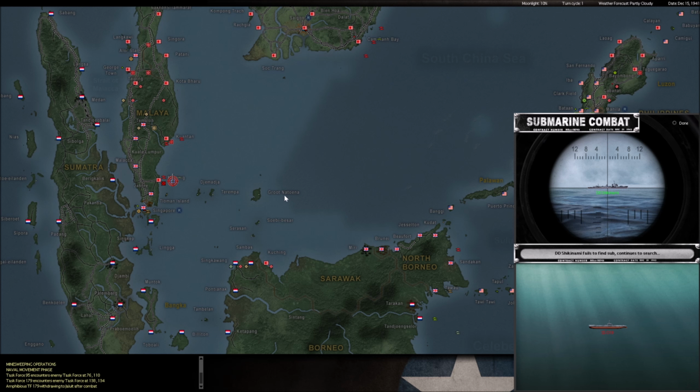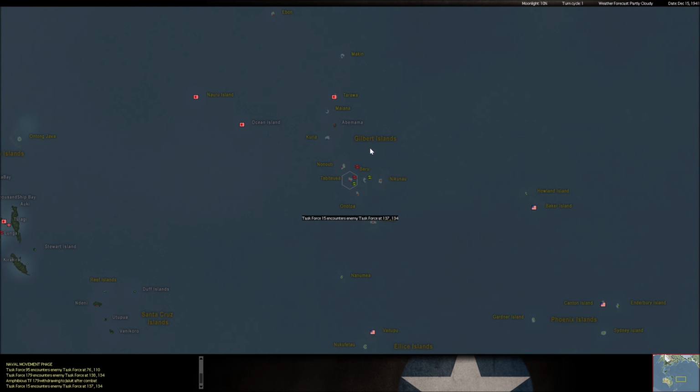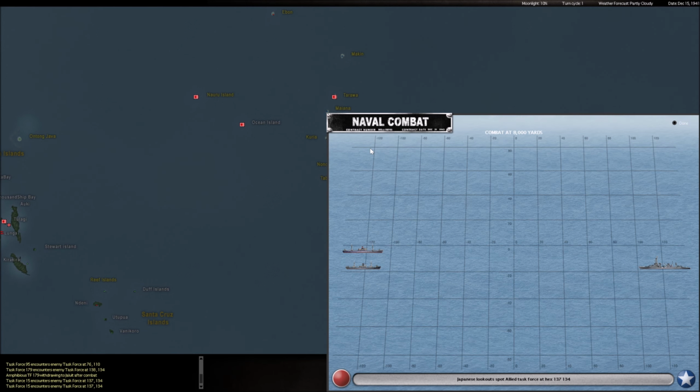Okay, so this is an ASW attack near Johor. 019 is over there. 019 was previously off of Kuching. He's moved him over to Mersing because he knows we have a lot of ships there. Dang it. Well, these guys are probably dead. But it looks like...